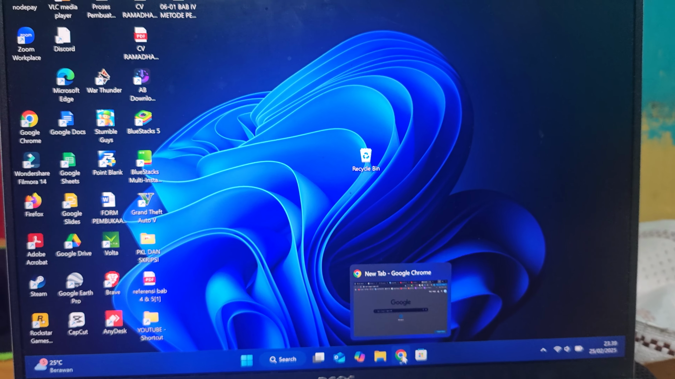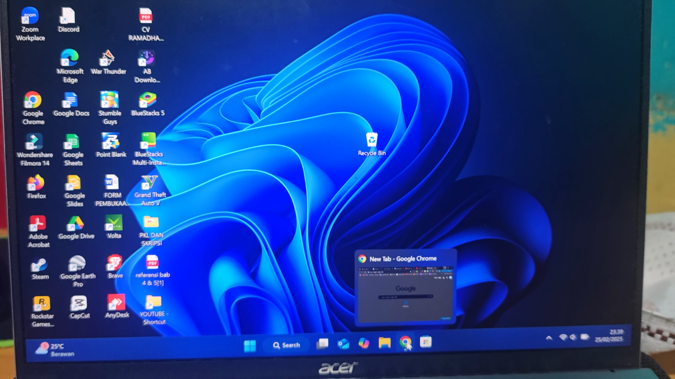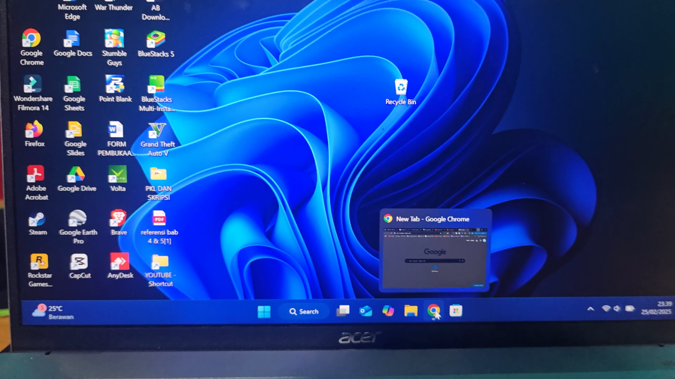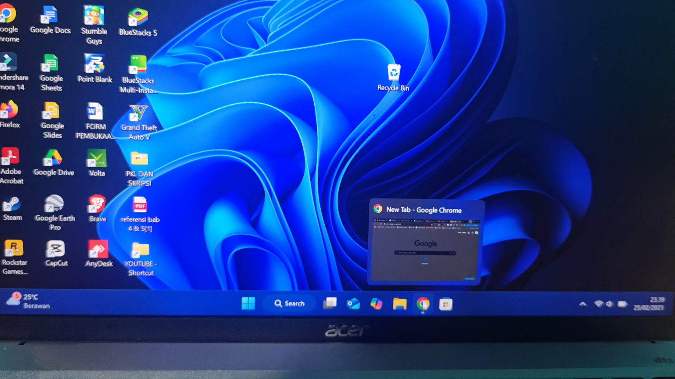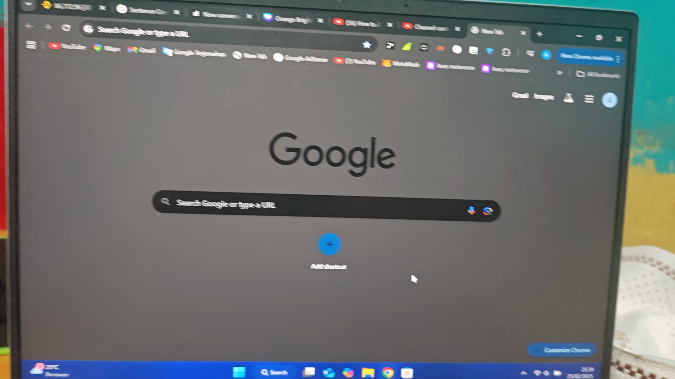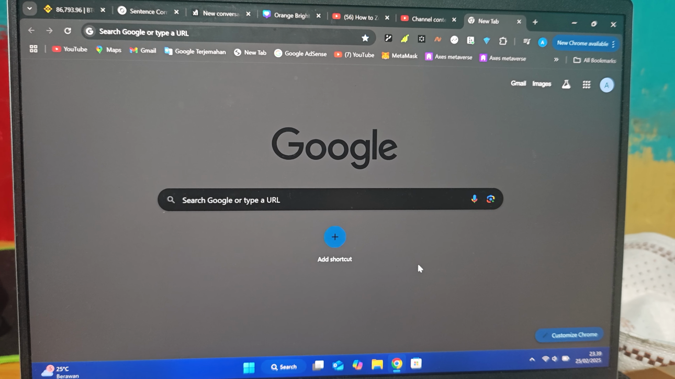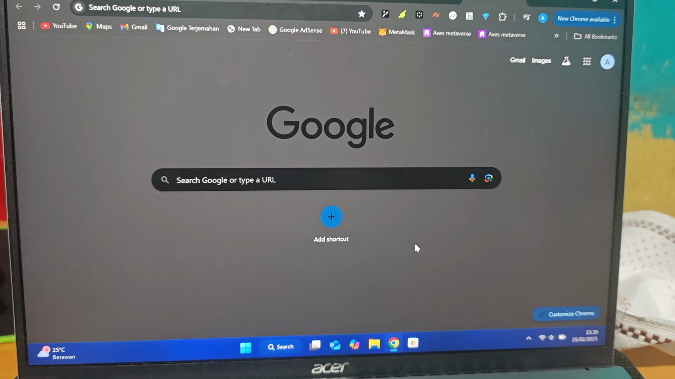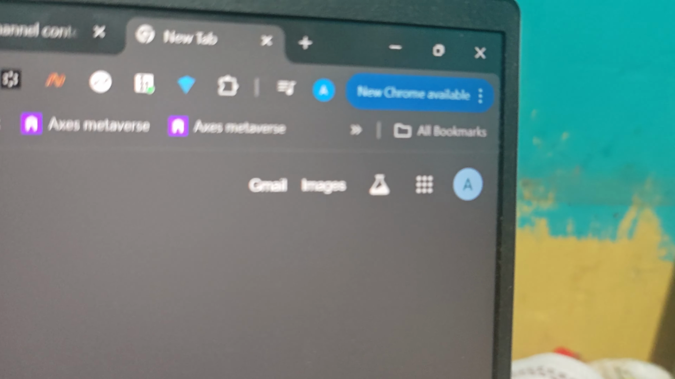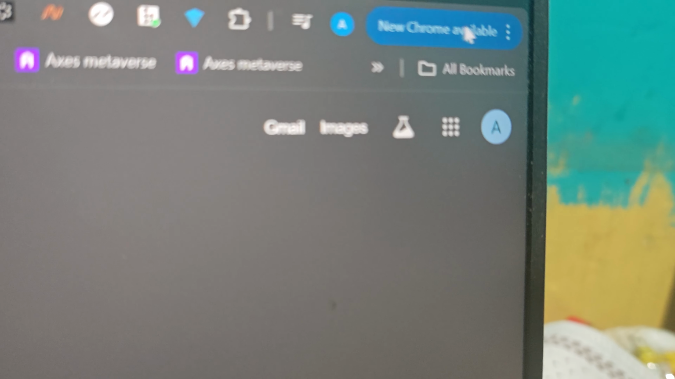So back again, if you want to just zoom in or zoom out, there are two ways. First is within Chrome, and the second way is with a keyboard shortcut. First I will show you within Chrome. You can just go to the top right corner and there are three dots here. You can click it,